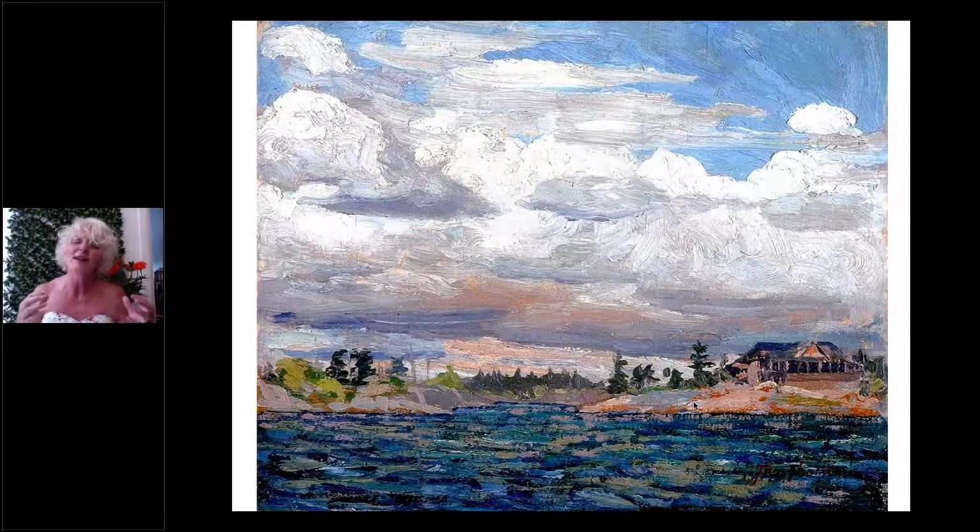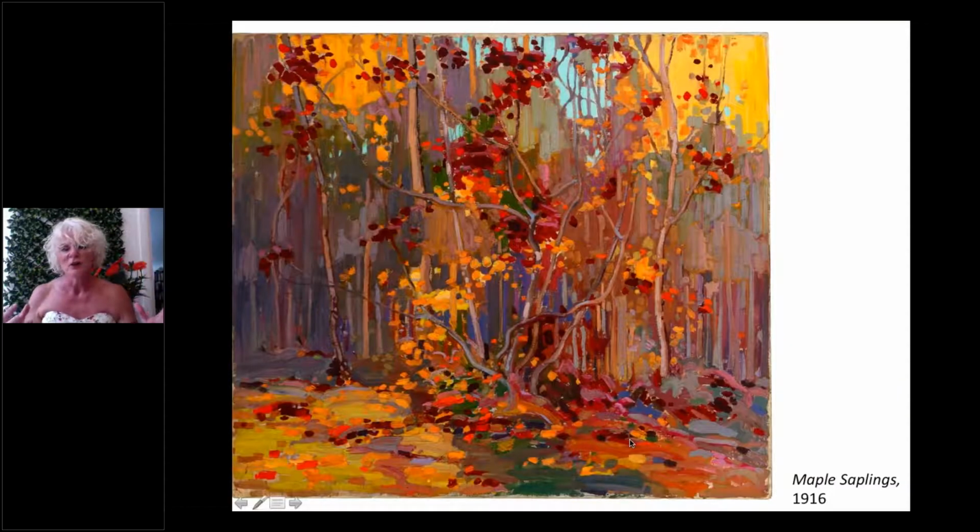I'm trying to figure out what is it that's special to me about works like this one. And I started to wonder if it's the color. What Thomson does, I know you're all going, wow. And this is at the Art Gallery, and I have spent a lot of time in front of this particular work. The copy of a copy of a copy that I have on the screen just doesn't do these colors justice.